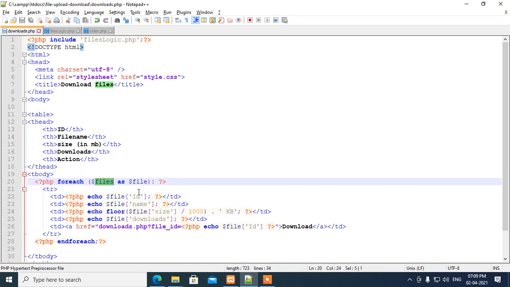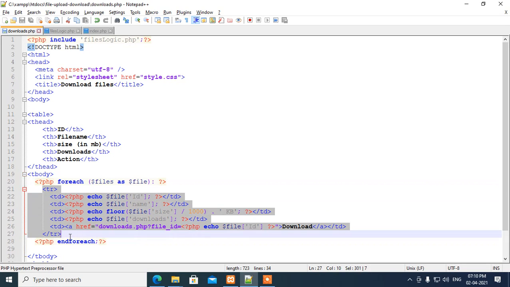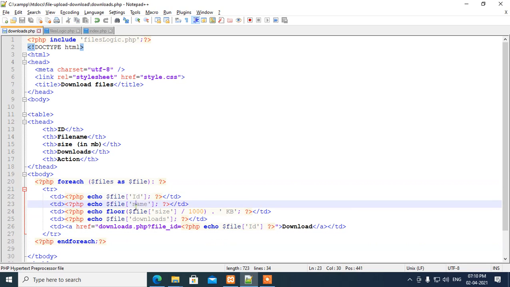So all the records from the table are displayed in that format. You can see id, name, size, and downloads this way. You can see how it looks.